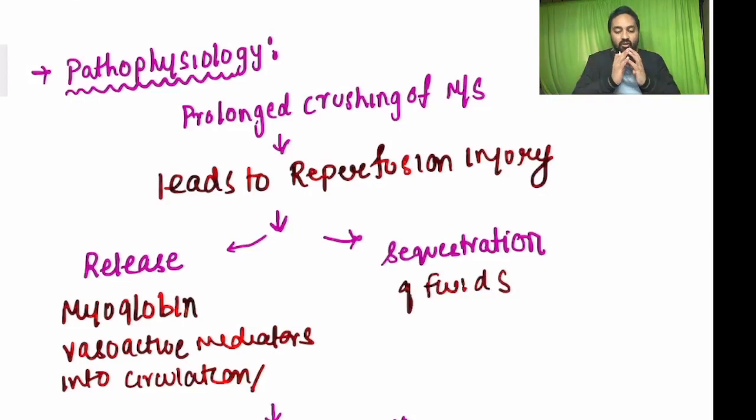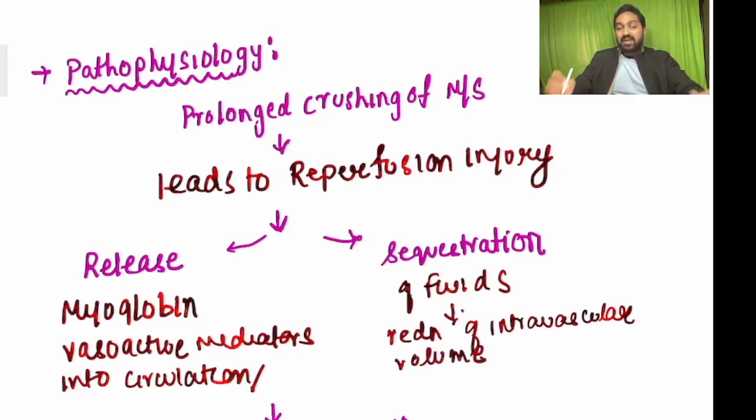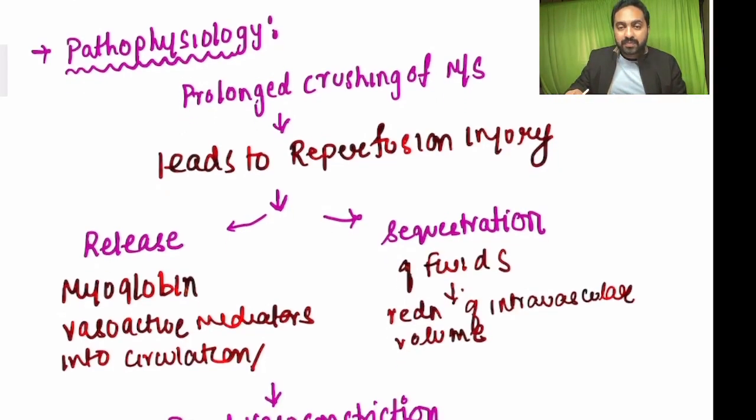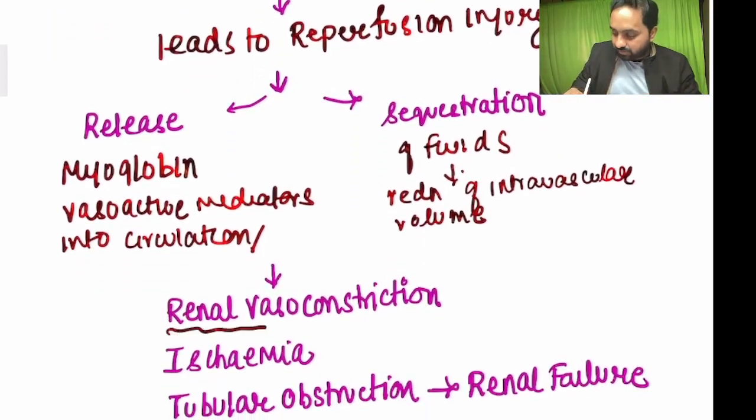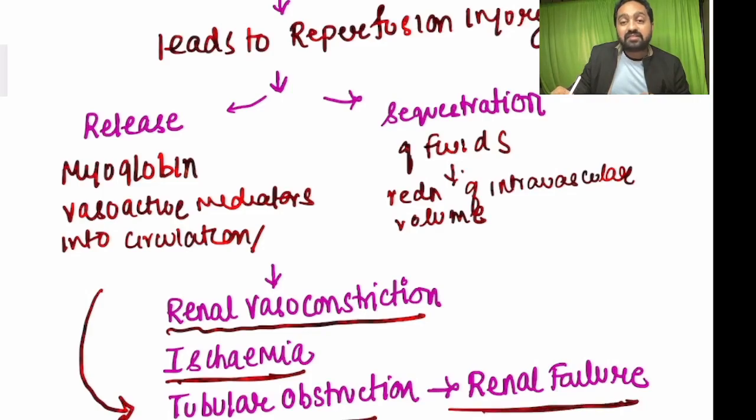The sequestration of fluid causes the reduction of the intravascular volume, as a result of which there is going to be renal vasoconstriction and ischemia, correct? And because of the myoglobin release, it will cause tubular obstruction, which would eventually lead to renal failure,